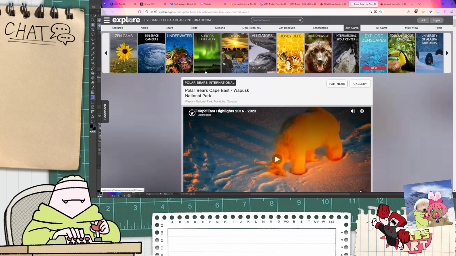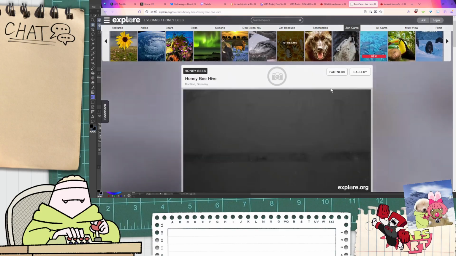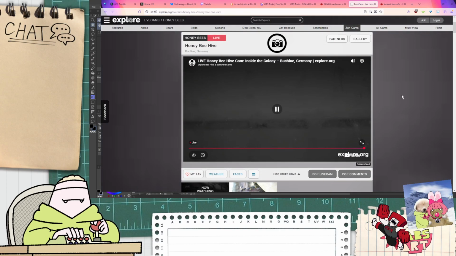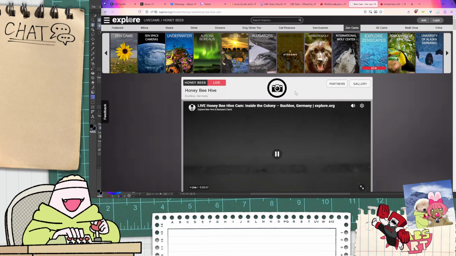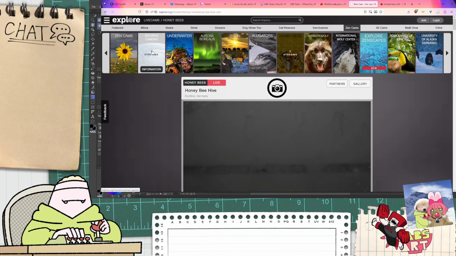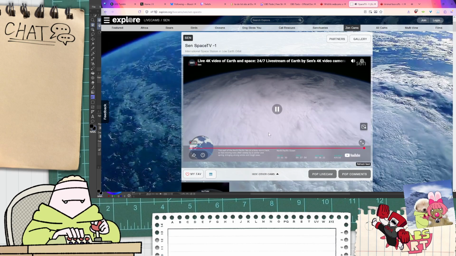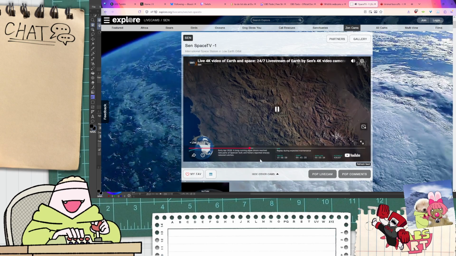Zen cams. Bees? This is a little bit tough to capture, huh? Space cameras. We got one of those? Oh, we sure do.